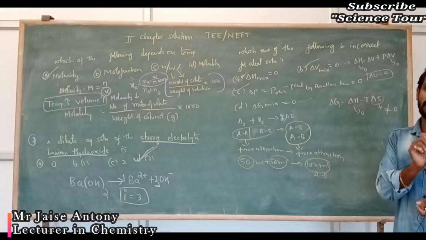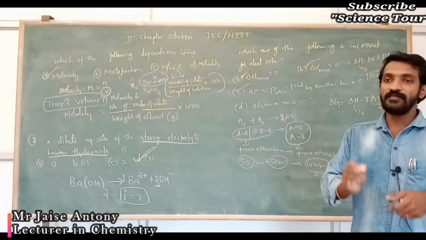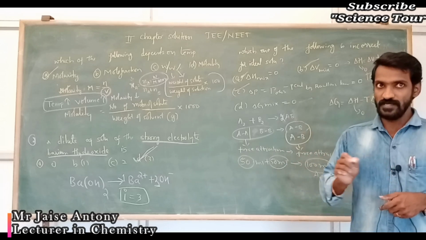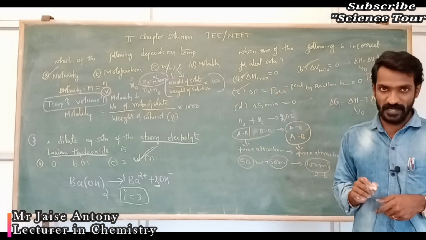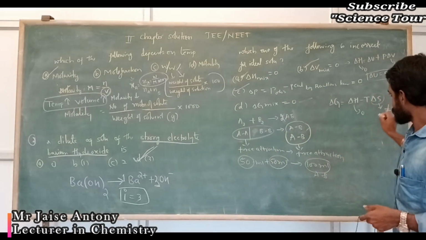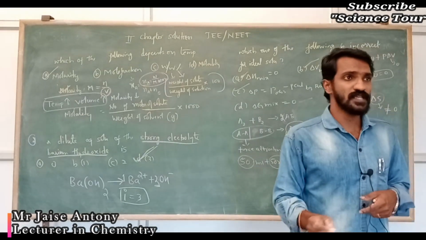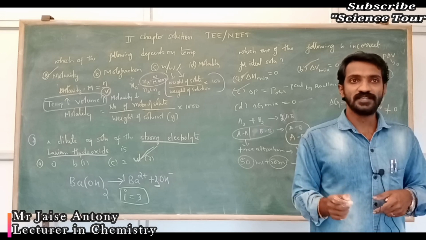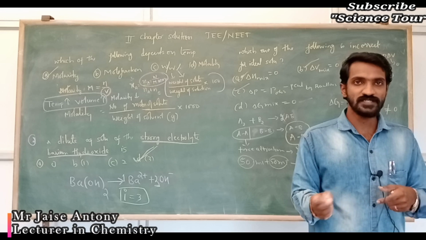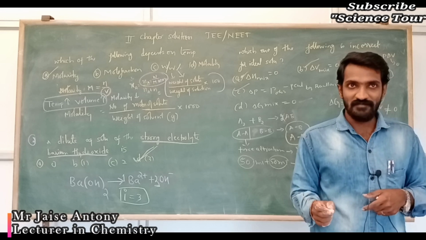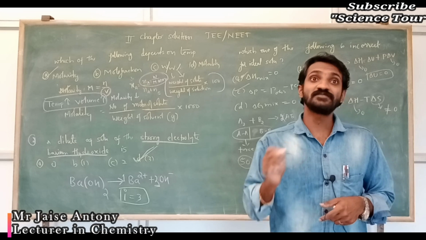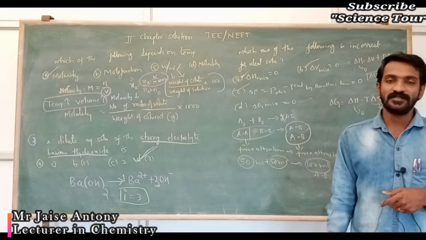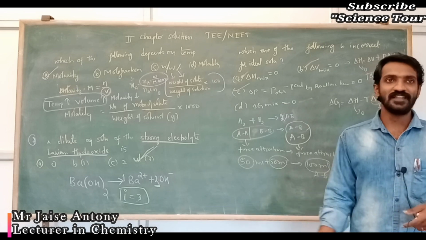Entropy change is not equal to 0. When we mix two compounds, immediately the entropy changes, that means the measure of disorderliness changes. Sometimes it increases after mixing A and B. That is a common thing. If two classes are there, A section and B section, once you mix A and B sections, what happens? Randomness increases. All people sit together and enjoy themselves, there is no proper sitting arrangement.